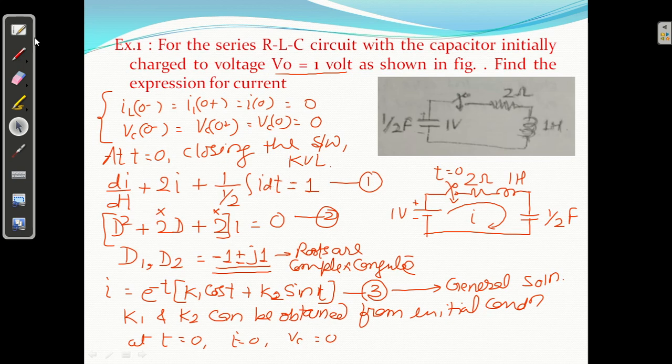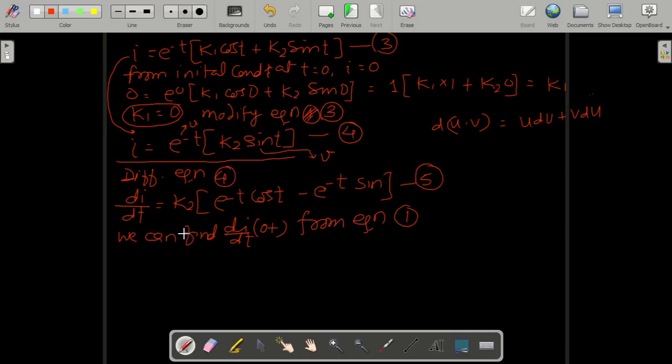Whole term, this term represents the voltage across capacitor, right? This shows the voltage across capacitor. So this is what? 0. So ये whole term 0 है, I 0 है, so you will get di by dt 0 plus. Okay, क्या आएगा? I'm just going back. So from 1, so di by dt 0 plus